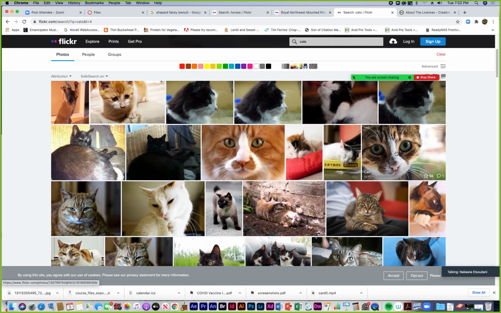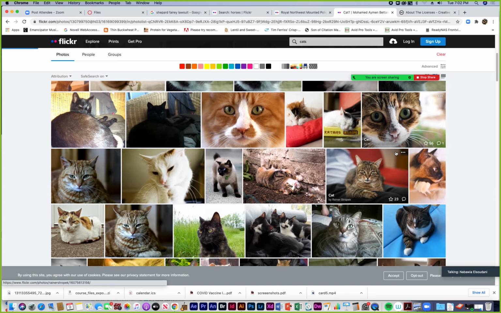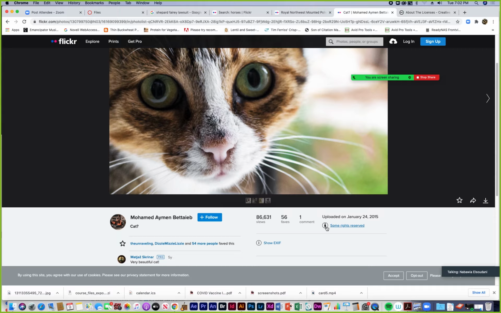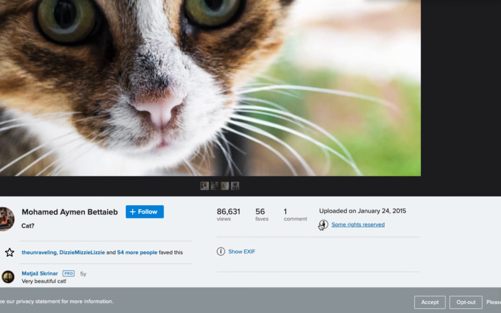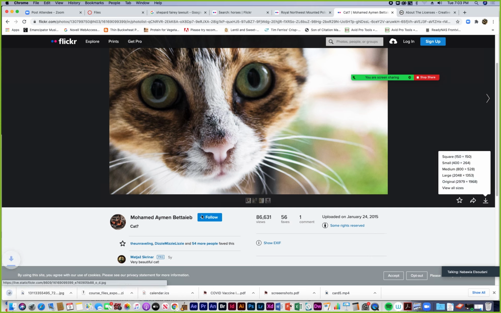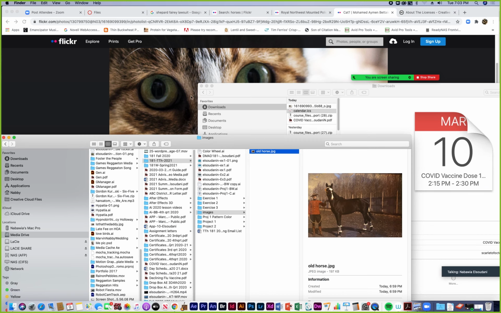So cats, let me just choose this one here. So I choose a cat face there. That's a nice cat. And then check out the symbol here for the license, attribution. So I would need to credit this person. So I would copy his name, highlight it, Command C, and then download it. Choose the size I want. I'll choose the original size, and then it goes to downloads,